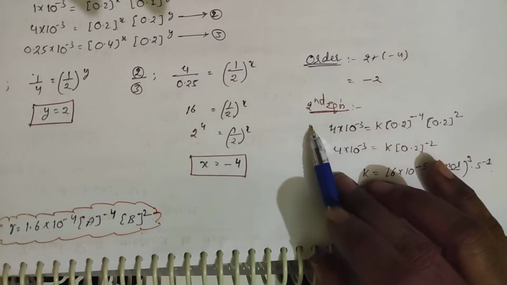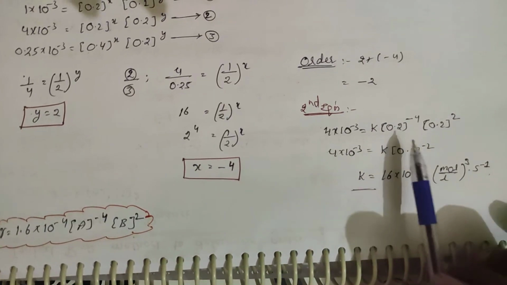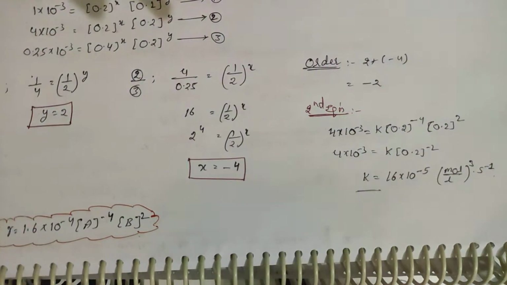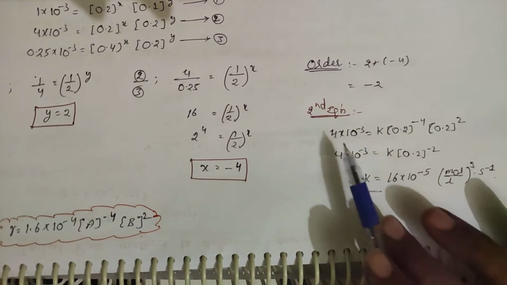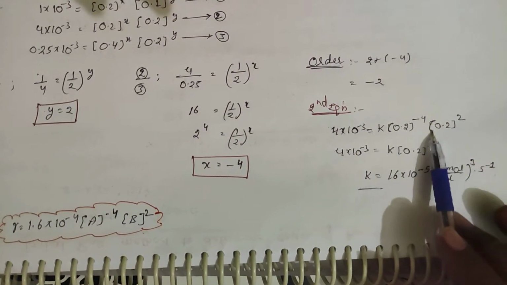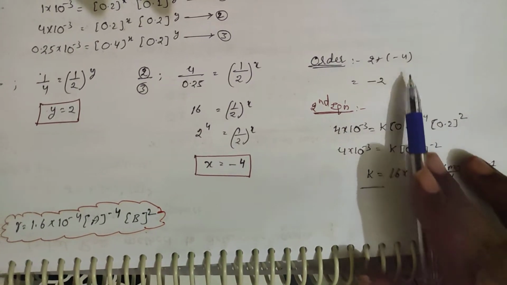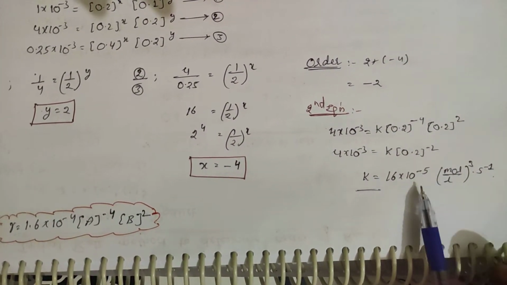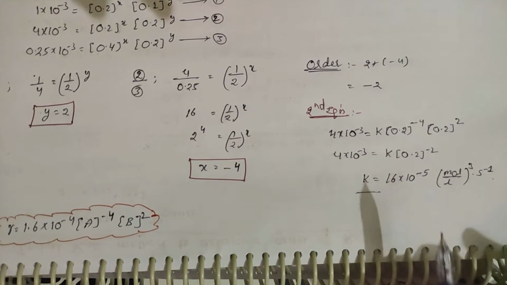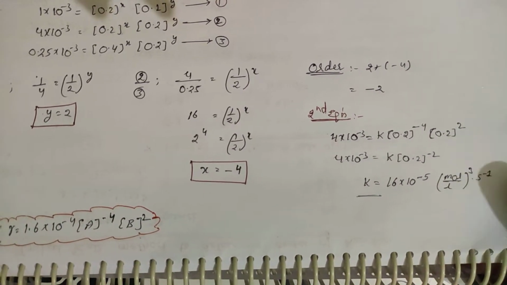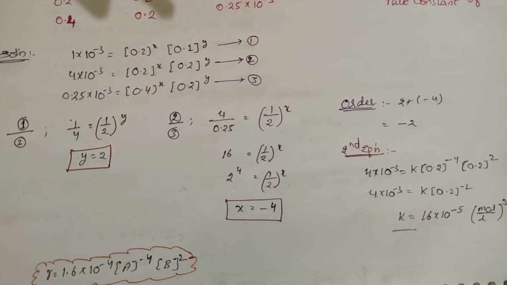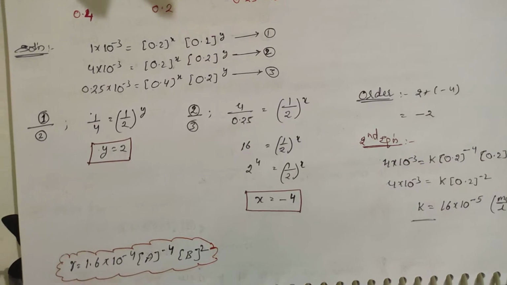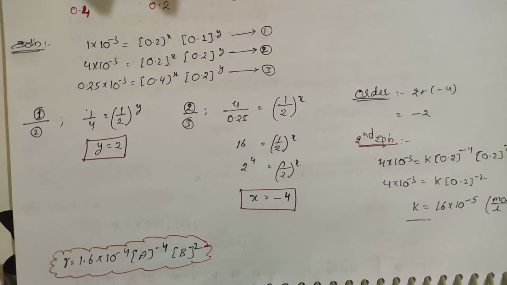And taking the second equation, why have I taken the second equation here? Because the concentrations of A and B are the same. If it is different, you can calculate with any equation, you will be getting the same value. But in the second equation, the concentration of A as well as the concentration of B is the same. So A I have taken minus 4, B I have taken something like 2. So if you sum up, you will be getting this value, and K value will be 16 into 10 power minus 5 or 1.6 into 10 power minus 4 moles per liter whole power cube S power minus 3. So based on the equation, you can find out the value of K. Okay, right?